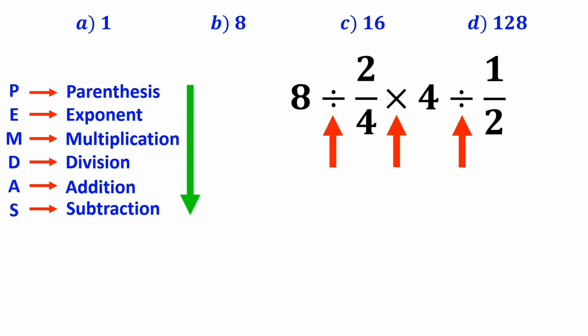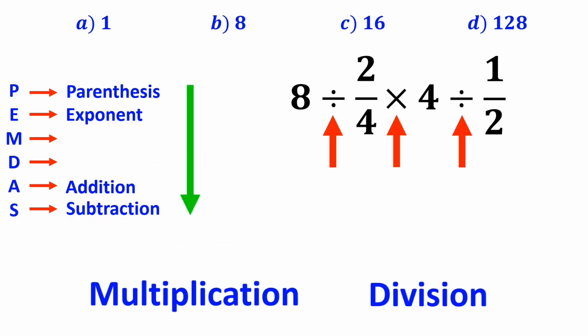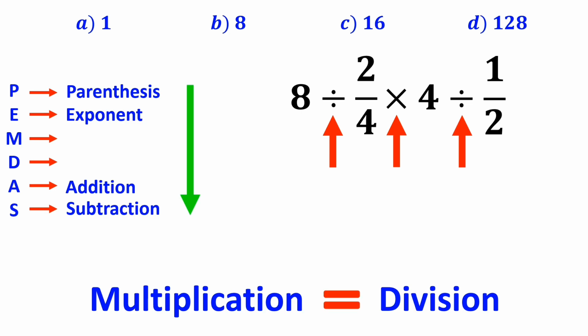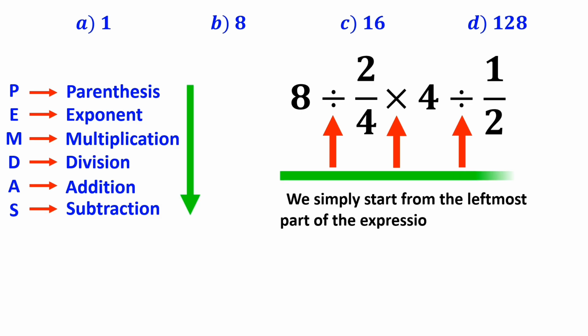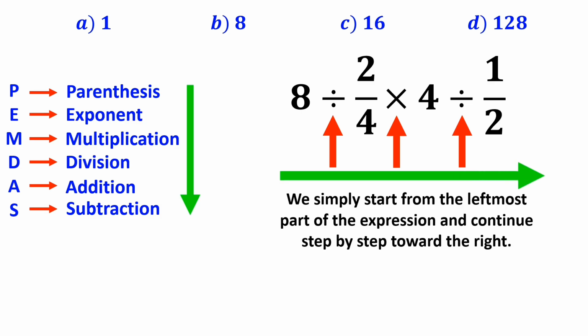And it's very important to remember that in the PEMDAS rule, multiplication and division are on the same level of precedence. So, in this case, we simply start from the leftmost part of the expression and continue step by step toward the right. It means that we begin with the expression 8 divided by 2 over 4, which I have